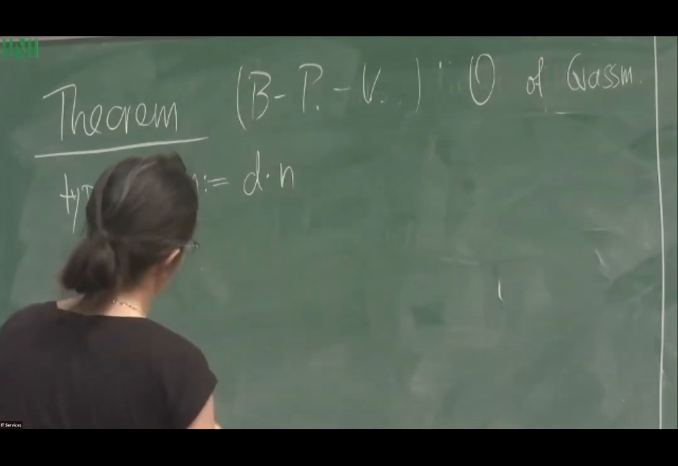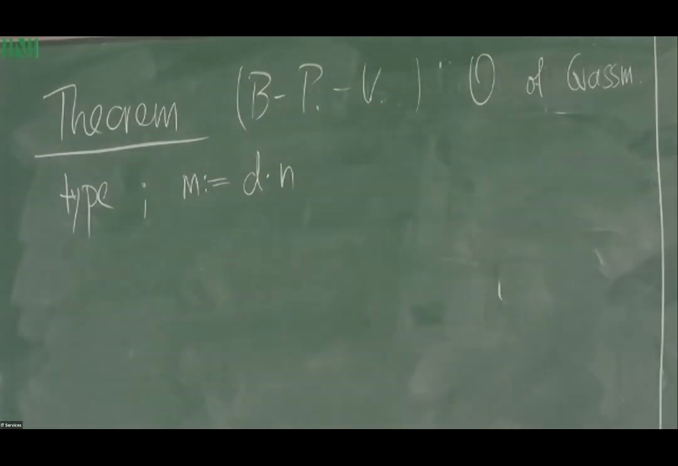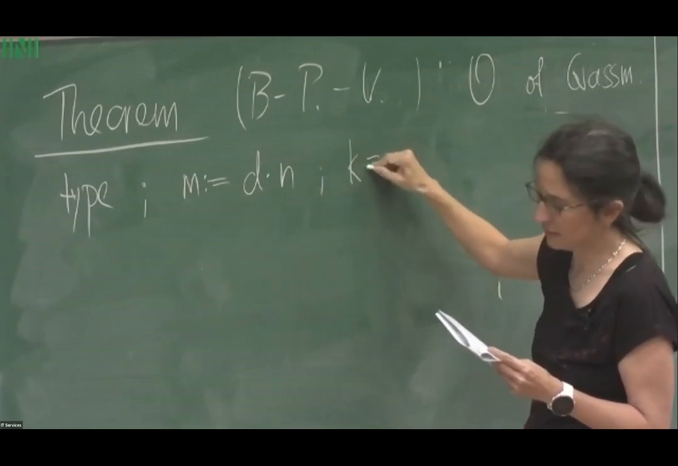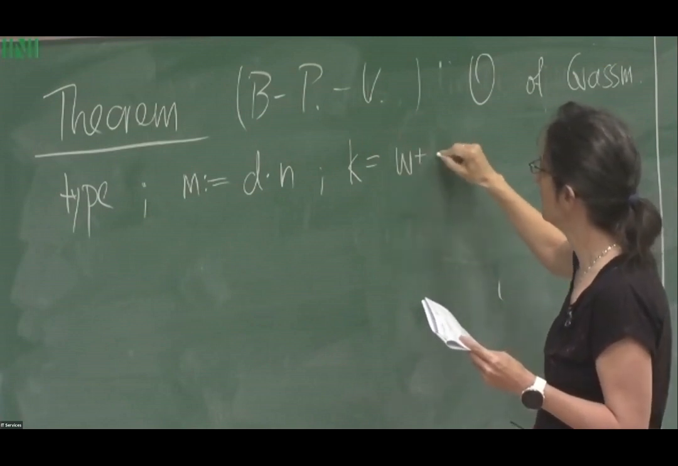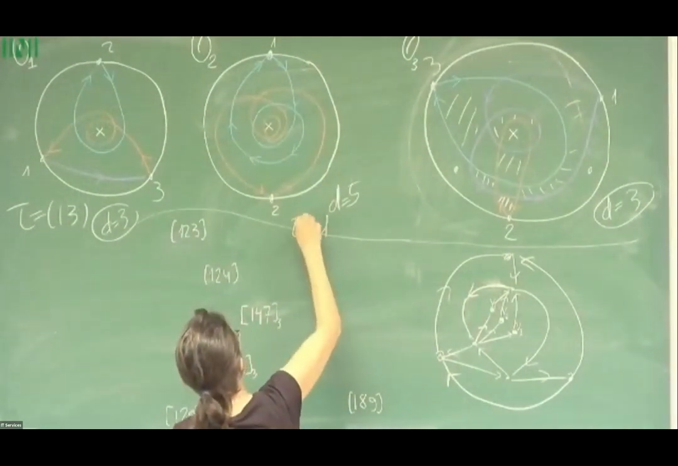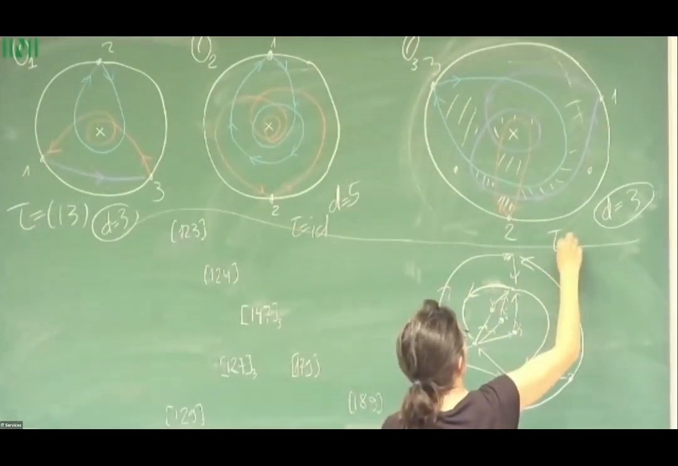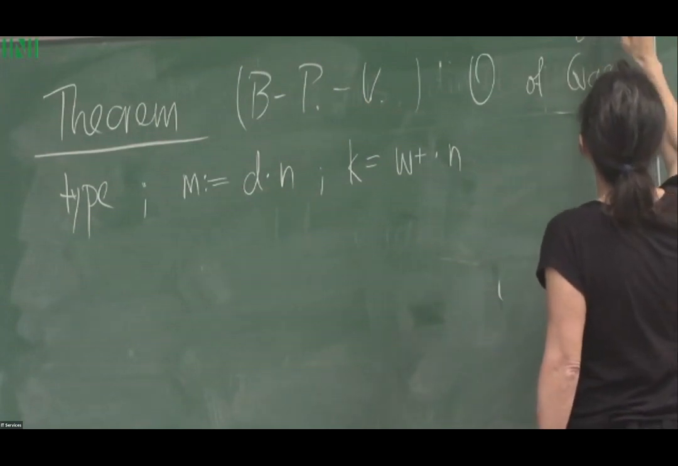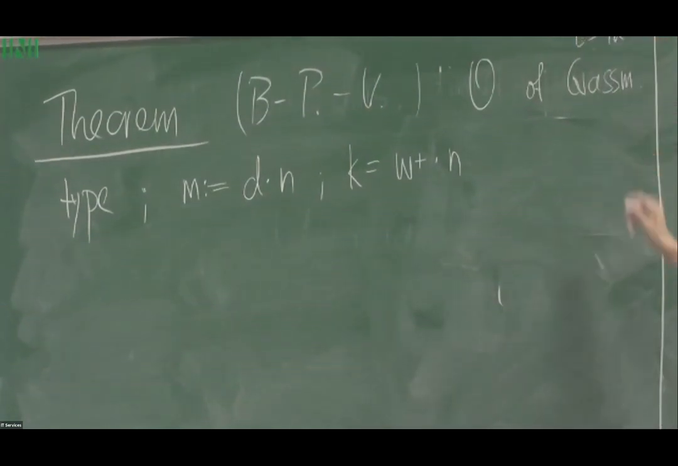Take M to be D times N. So N was the number of vertices on the boundary. D was the orbifold order. And K is W plus times N. So Grassmannian type asks for the permutation to be the identity. So tau is the identity, and there exists